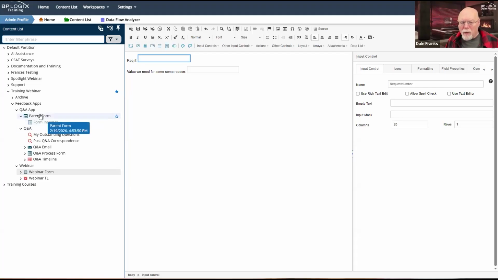Now, in this parent form here, there is no process or anything, so I went ahead and just added the sequence number whenever the form opens, or whenever the form is created. So every time the form is created, it burns a sequence number. That's probably not what you want to do in this case.